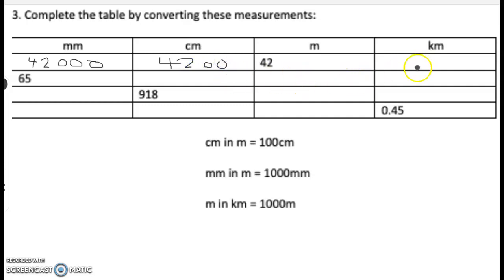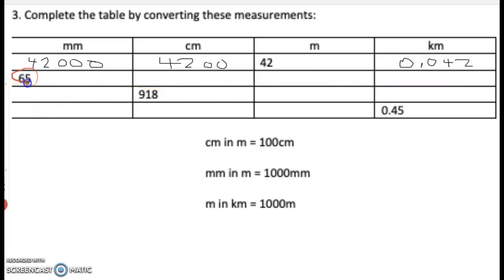All right? And for kilometers, it's 0.042. All right? I want you to now do the next one here, the second row, and you've got a clue here,